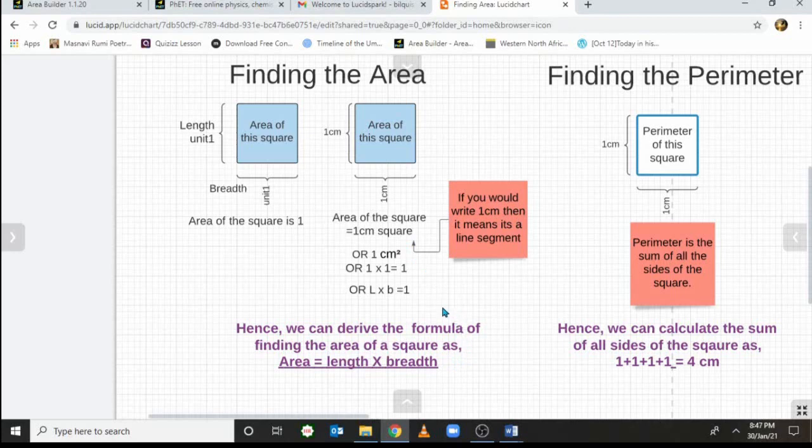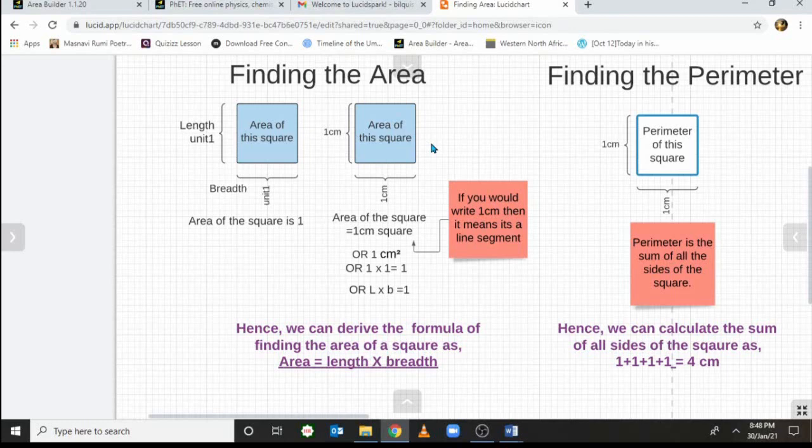So now what is the operation? Just look at the figure. Having 1 centimeter length and 1 centimeter breadth. Now what is the mathematical operation happening between length and the breadth, so that we are getting the answer 1? So you know the mathematical operations: addition, subtraction, multiplication, and division. Then which of the operations is happening in between 1 and 1? 1 centimeter and 1 centimeter and gives you 1 centimeter. Right, the answer is multiplication.